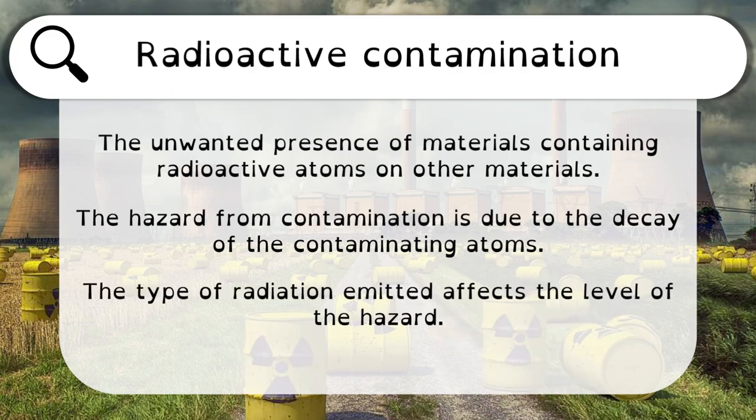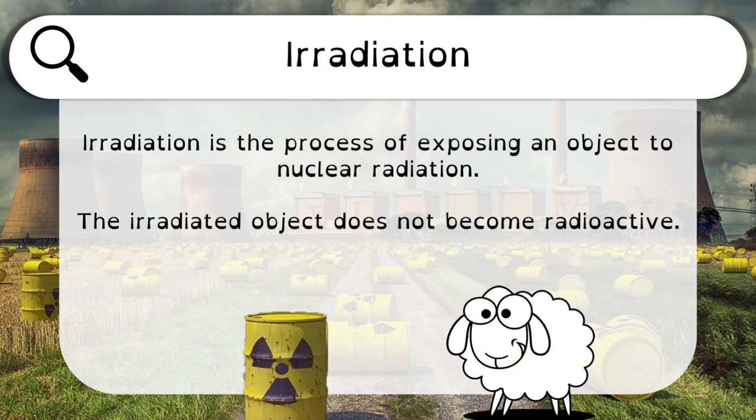are still decaying. Now this is a very simplistic way of looking at it because you don't have a radioactive sheep that glows green. However, we can still consider it to be a hazard, but it also does depend on the type of radiation emitted because remember, alpha only travels a certain distance, beta a bit further, and gamma even further than that. At the start of the video, I mentioned the word irradiation.